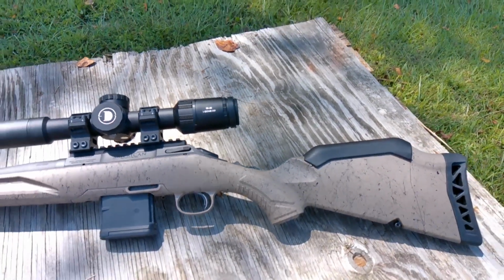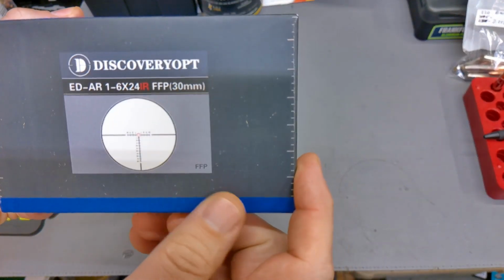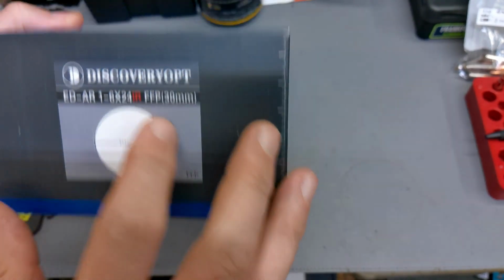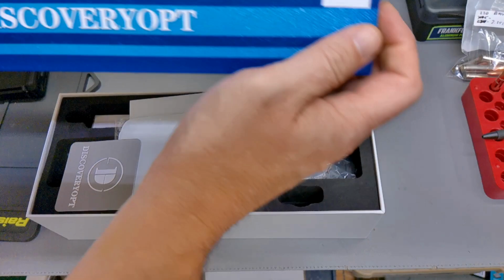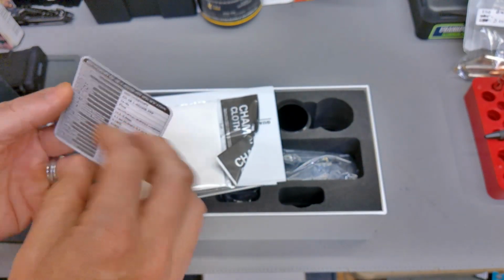Gonna do a quick unboxing and setup video for this. This is a Discoveryopt. They call it the ED-AR 1 to 6 by 24 first focal plane scope. It's a low power variable optic, and right out of the box, it's got